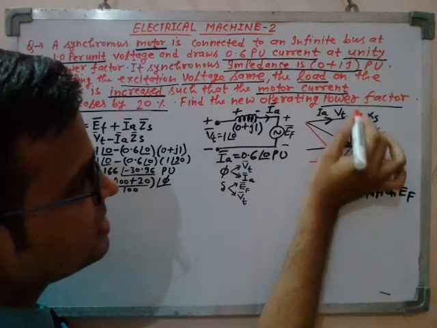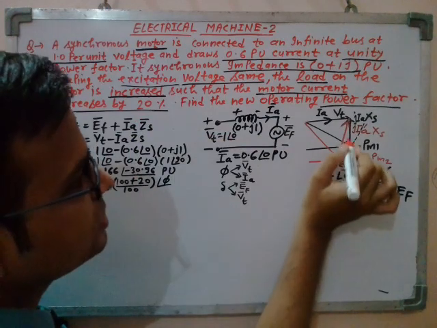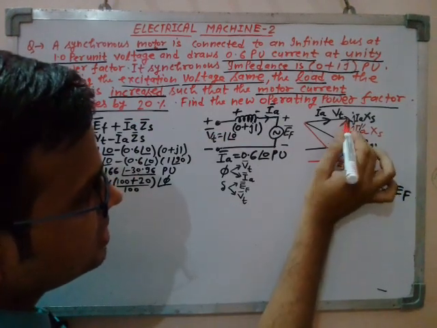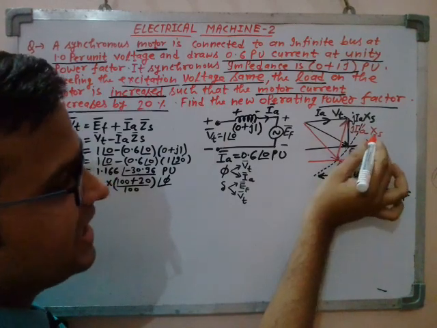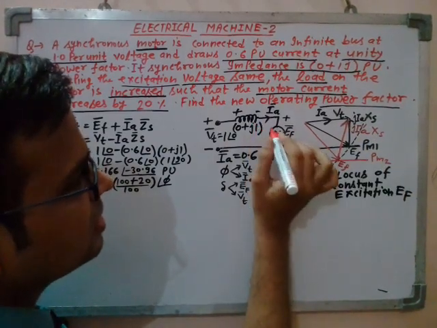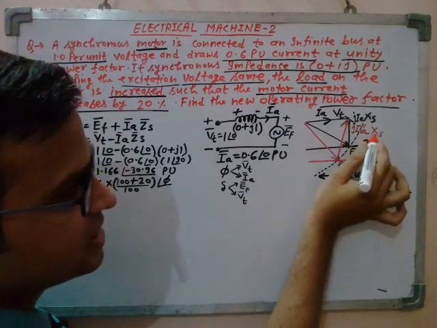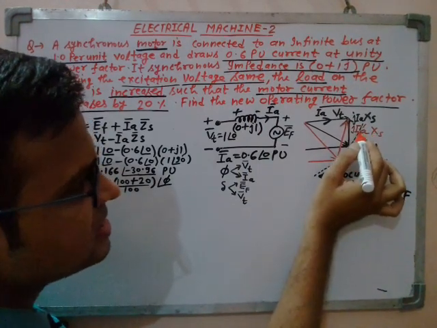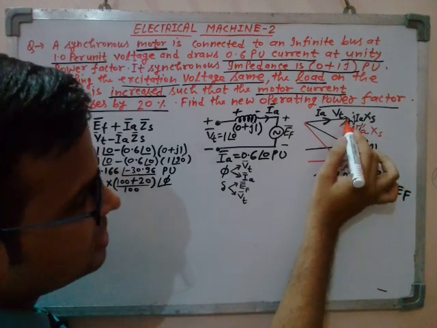But now it is increased by 20%. Armature current is now increasing by 20%. So this phasor is representing this 20% increment in the armature current, right? XS, being the armature synchronous impedance winding parameter, is the same in both cases. The only varying parameter is IA, which has now been increased.